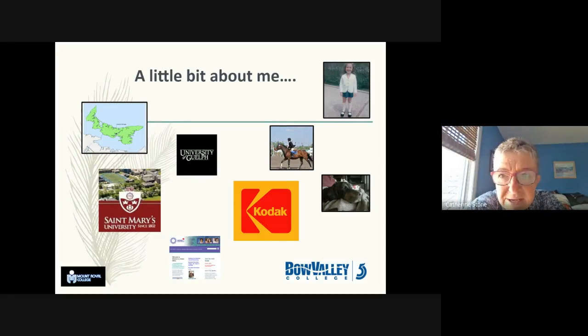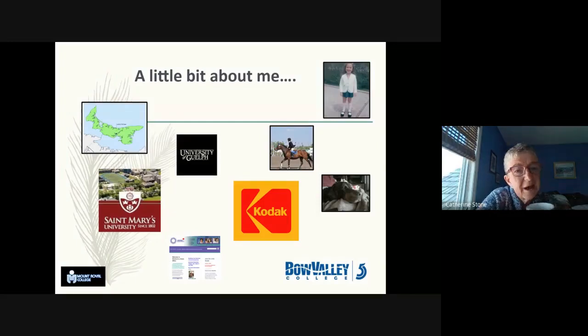So my undergraduate degree, believe it or not, is in agriculture. However, if you dissected my degree, you would find out that, in fact, my degree was in the business of agriculture. It was in the production of animals for food, basically. So my undergraduate degree is a BSc in agriculture with a major in animal science from the University of Guelph in Guelph, Ontario. After that, I went on and I did an MBA, Master's in Business Administration from St. Mary's University in Halifax, Nova Scotia, not St. Mary's here in Calgary,